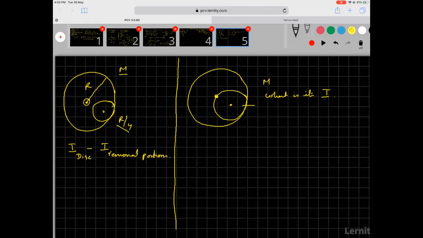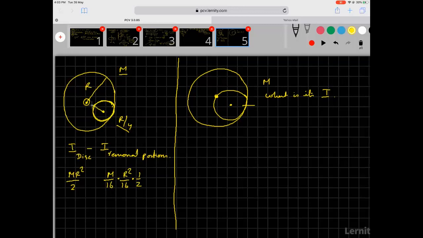What is the moment of inertia? So for the disk about an axis perpendicular, the initial moment of inertia is mr squared by 2. For the disk, r by 4 is being removed. Now if r by 4 is being removed, the mass that is being removed is equal to m by 16. So it becomes m by 16 into r squared by 16 into 1 by 2. Okay, but this is the moment of inertia of the removed portion about its own axis.